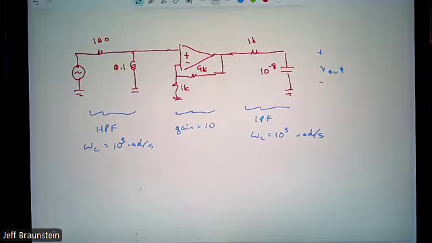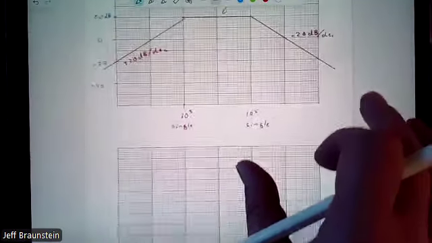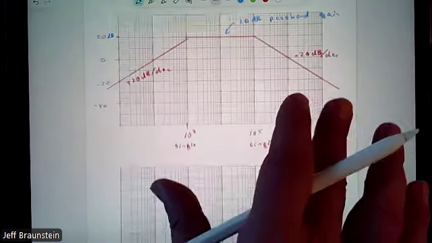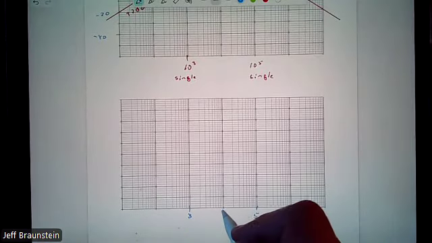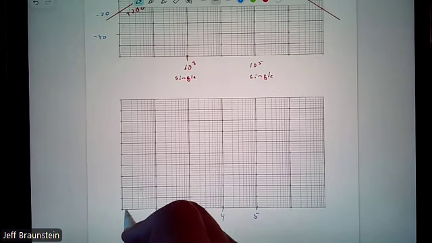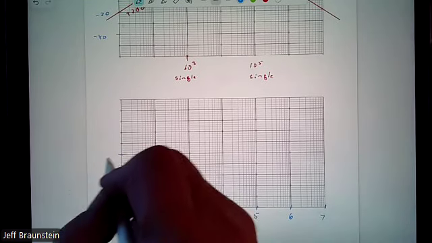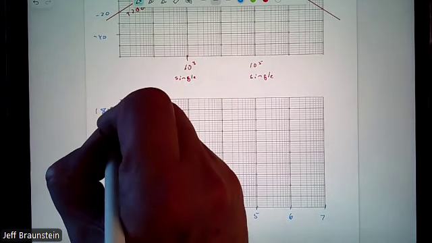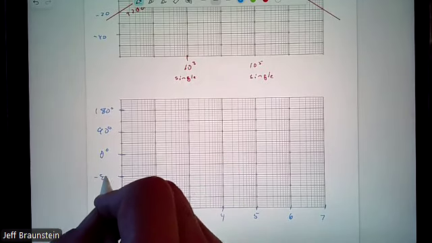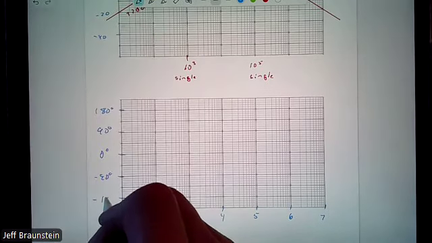That said, I want to go back to our transfer function. We had sketched this out based on our information. We could have got it from the circuit as well, but I do want to include the phase plot. So adding the other numbers, 0, 90 degrees, 180, minus 90 degrees, minus 180. Here was our transfer function.